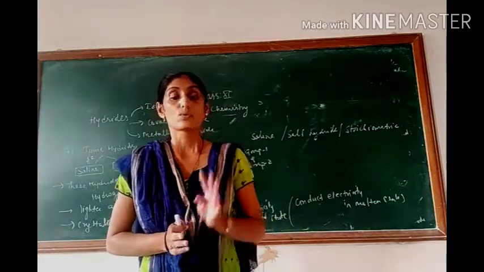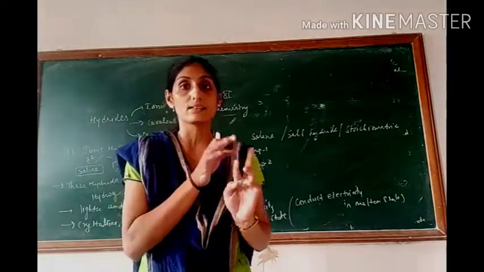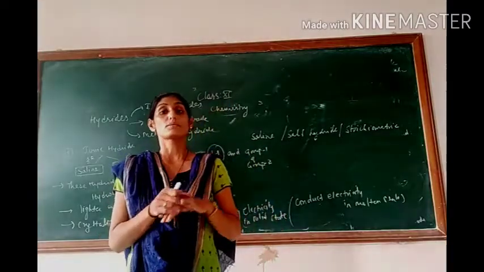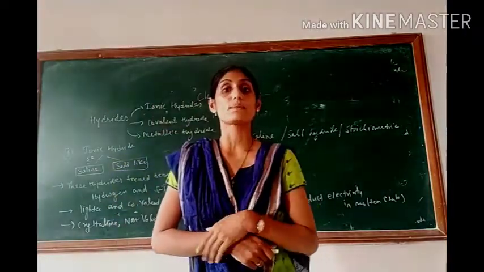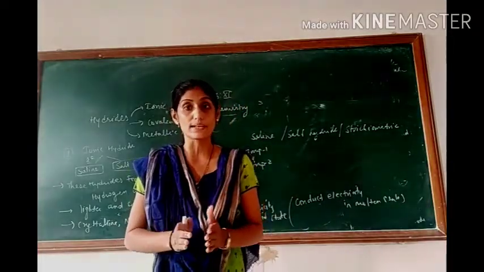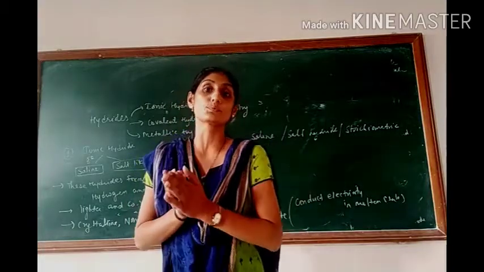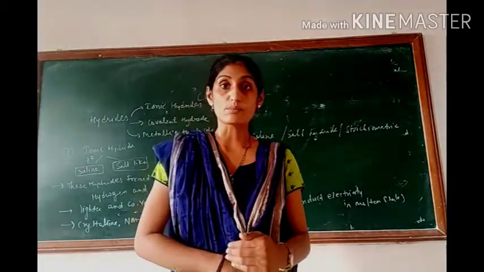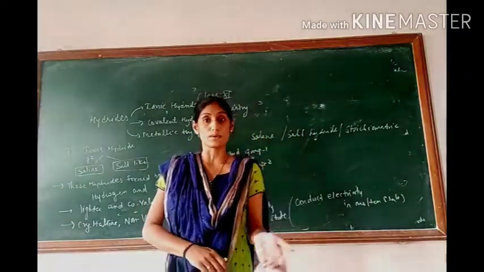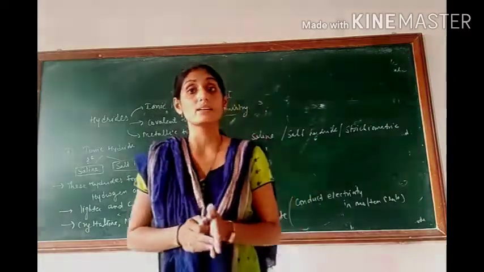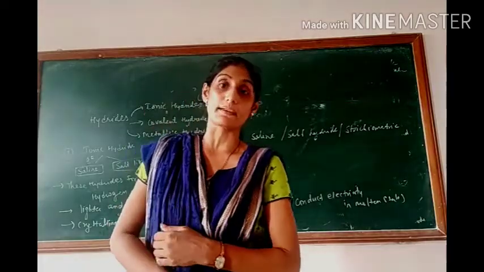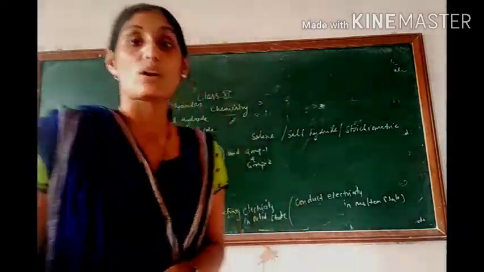First is ionic hydride, which is known in 4 ways. The very first is ionic hydride, then salt-like hydride, then saline hydride, and lastly stoichiometric hydride. Now, talking about its properties, they are lighter in weight as well as covalent in nature. Then this type of hydride is formed between hydrogen and group 1 and group 2 elements. The next property is they are crystalline in nature. They are non-volatile, that means they are not going to get easily converted into vapor, and they are non-conducting of electricity in the solid state, but in the molten state they allow the passage of electricity. So that is the property of ionic hydride.